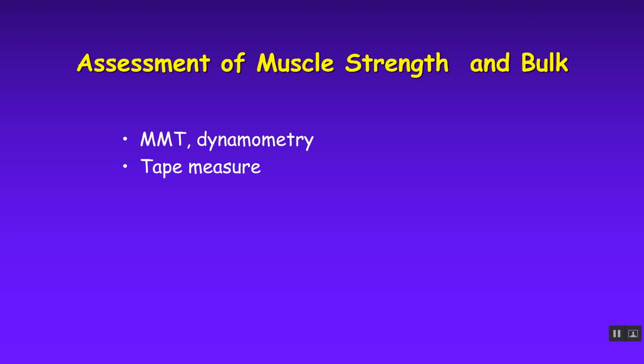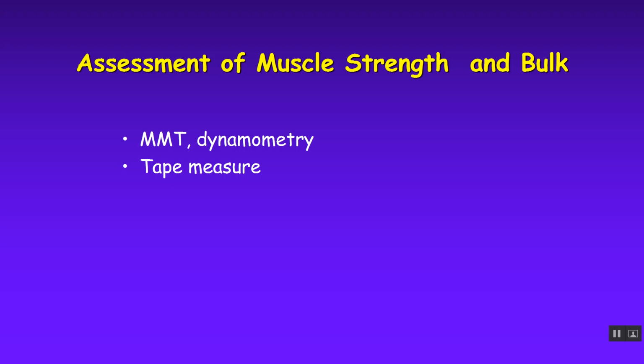And if you do it right and carefully, even though the scoring of MMT sometimes isn't the most reliable, if you can get somebody in the right position and isolate the muscle, you can at least determine if it's stronger or weaker than the other side, if it's normal or abnormal, and then it starts to help you postulate what's going on, what the problem is. If you've got a dynamometer, either handheld or one like a Biodex, you can obviously get more accurate information about muscle force. So MMT and dynamometry,